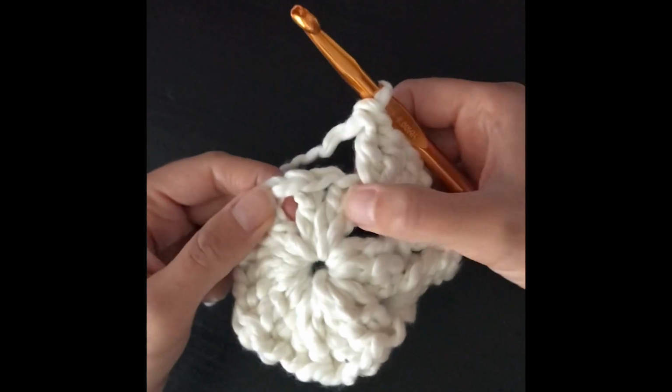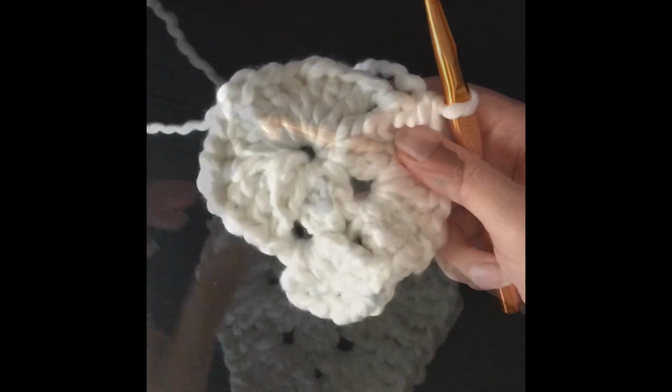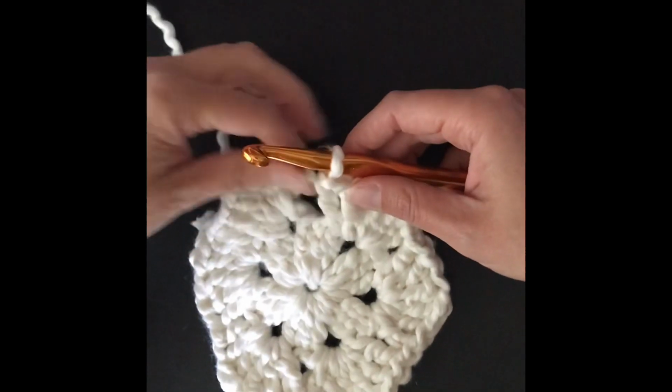Skip 3 DC, work 3 DC, chain 1, 3 DC into that chain 1 space, and you're going to do this all the way around. You will have a total of 36 DC. Join with the slip stitch,